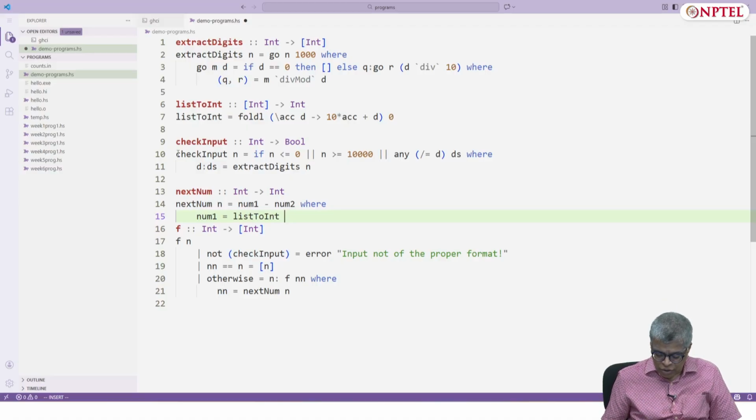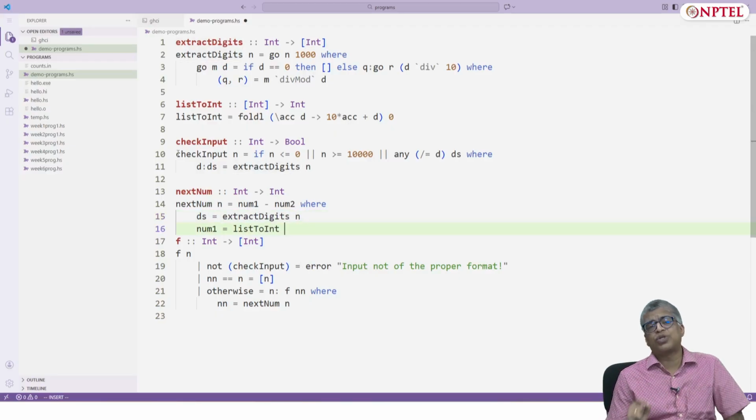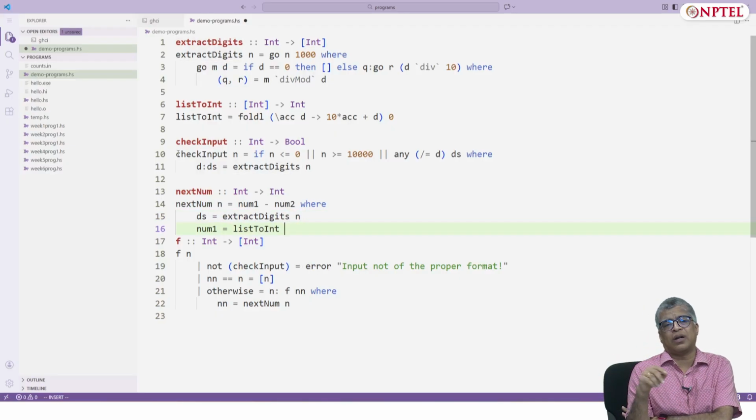What is the list? You need to have the list of digits as well. So let's just say d is equal to extract digits of n. You have d's and you need to sort d's by descending order and then apply list to int on it.